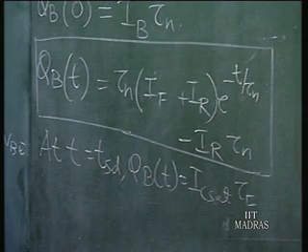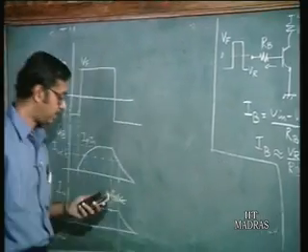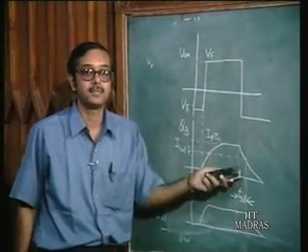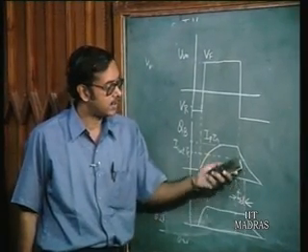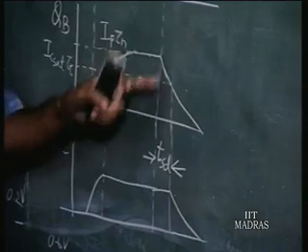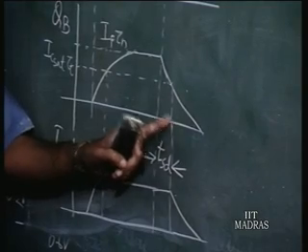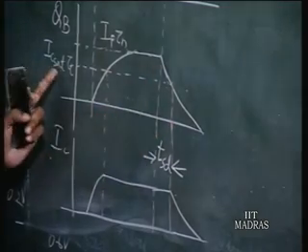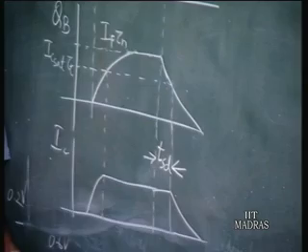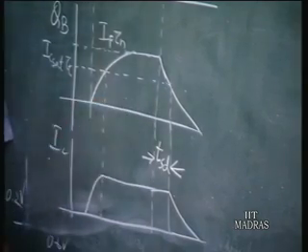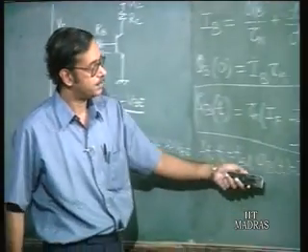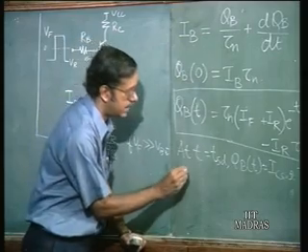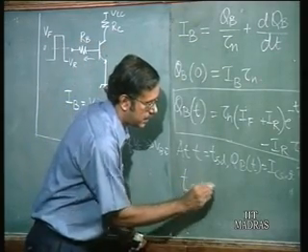Okay. All right. That is, you can see for yourself. If you go back to this curve here, at t is equal to TSD, this is where we have made it equal to 0. So, at t is equal to TSD, the charge will go down to IC sat times tau t. Okay. All right. So, if you solve this equation now, you will get TSD is equal to, I just again write down the relation,